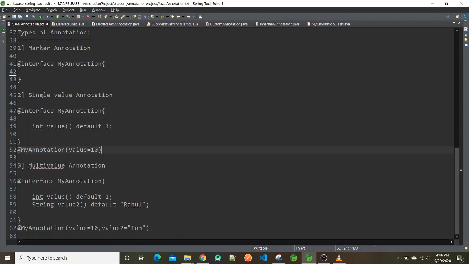The third one is the multi-value annotation. In a multi-value annotation, you can create more than one method.